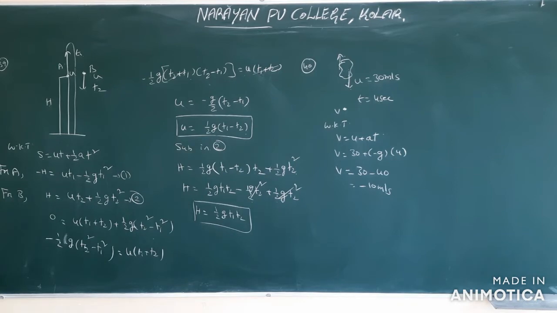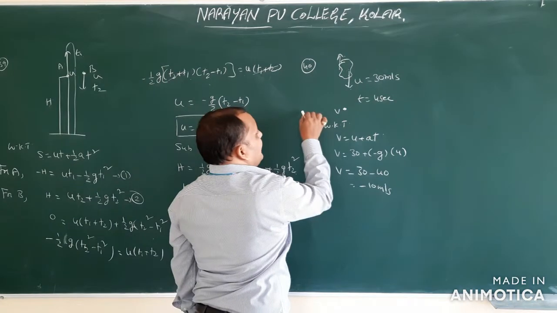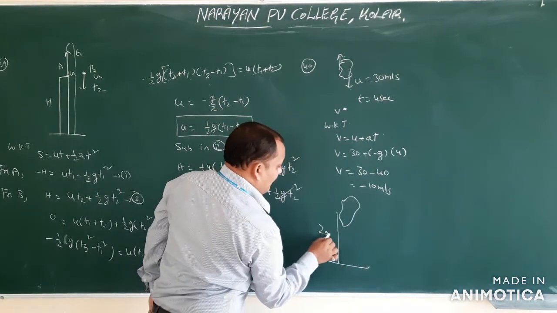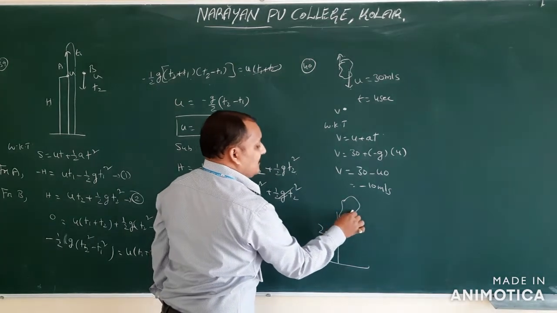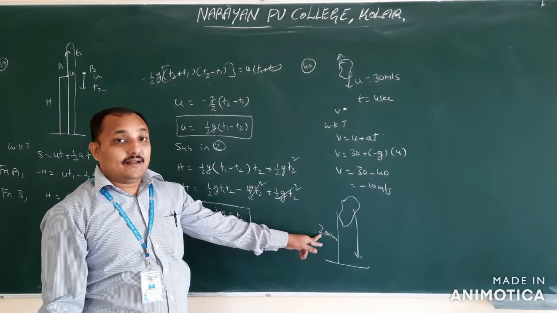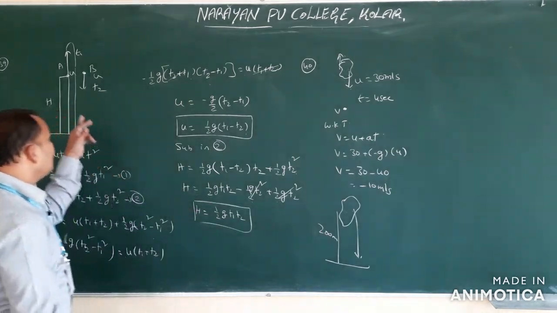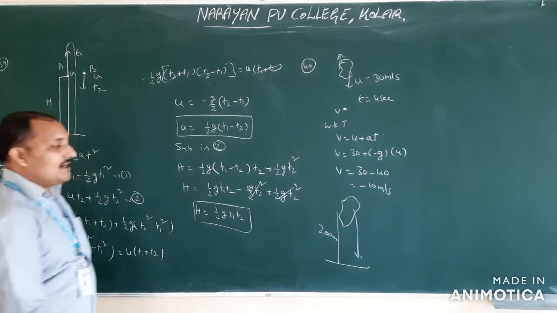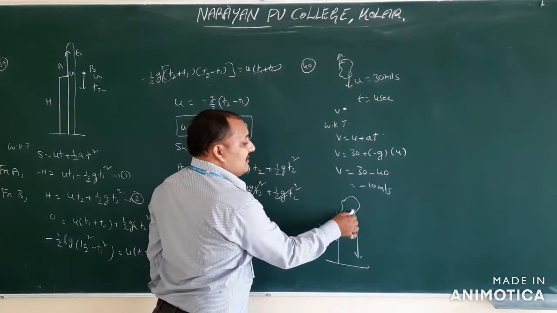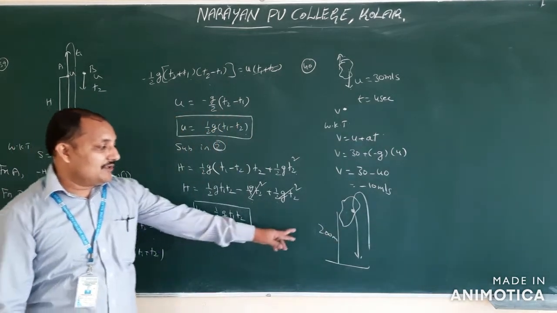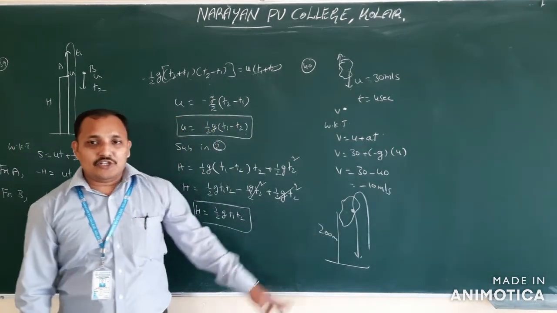They give balloon. Okay, so now the balloon is at 200 meters height from the ground. Now the object is dropped, so it will be coming downwards. At that time we should take the h value as minus 200. Same concept: an object is dropped from a balloon which is going upwards. Whenever the balloon is going upwards, if you have thrown an object it will go and come like this. Therefore, we are going to take the h value as minus 200.